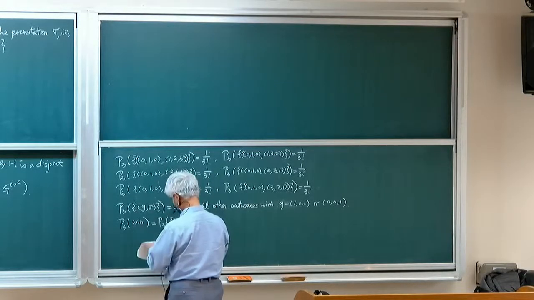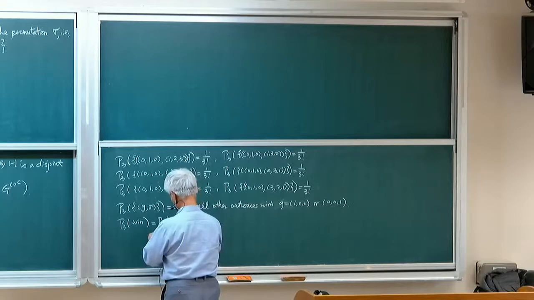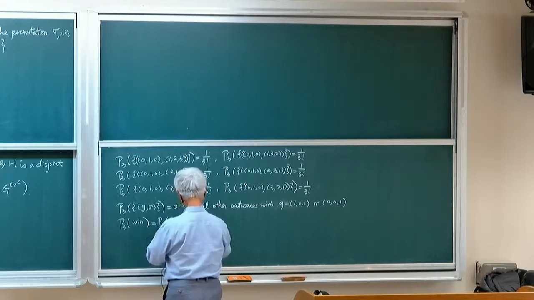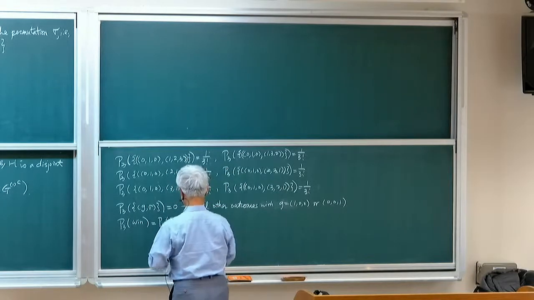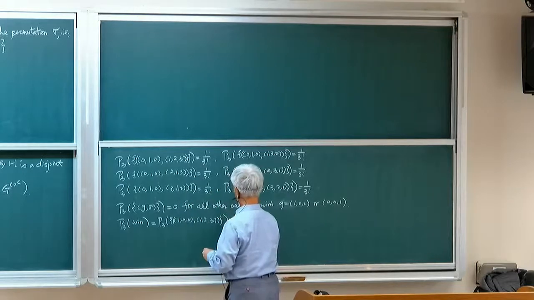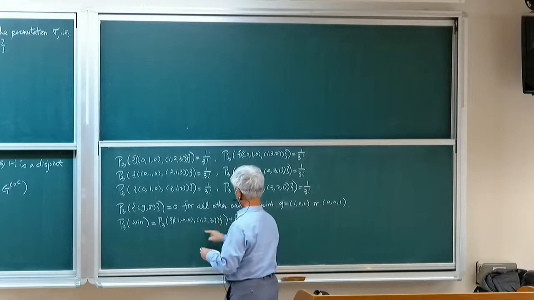Let me write it down. So this is 1, 0, 0, 1, 2, 3, plus, so this is an atomic event,